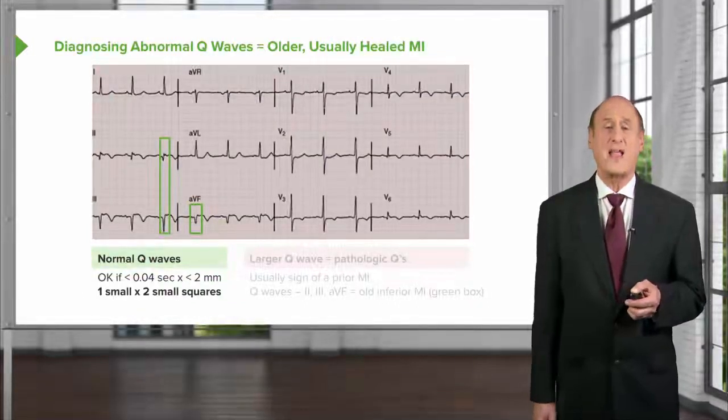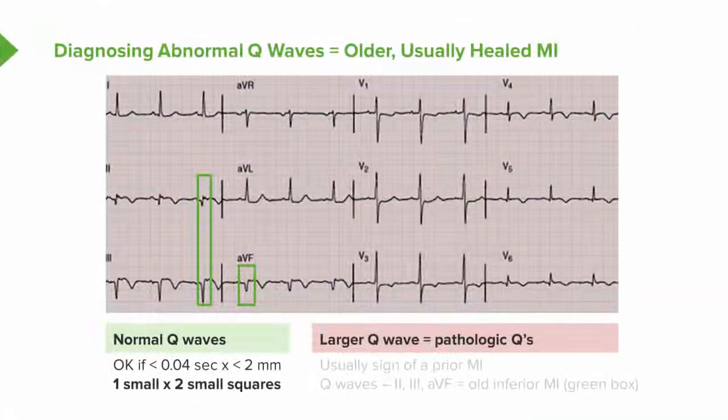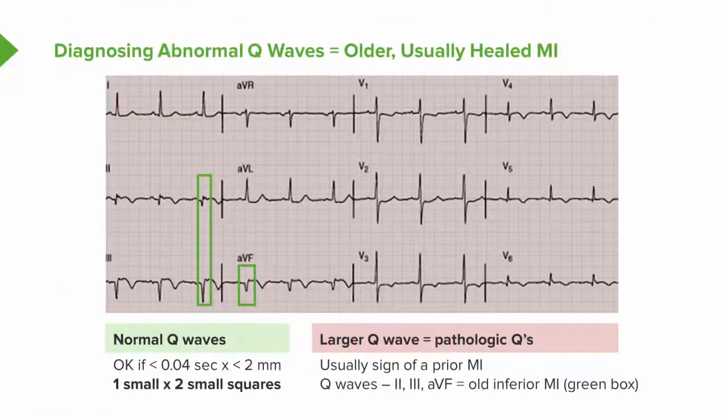They haven't come back yet. Usually with time, they will come back. So larger Q waves are pathological Q waves. They're usually a sign of a prior MI, and as I said, in this EKG, 2, 3, and AVF show an